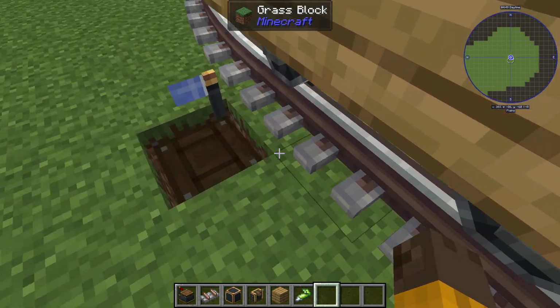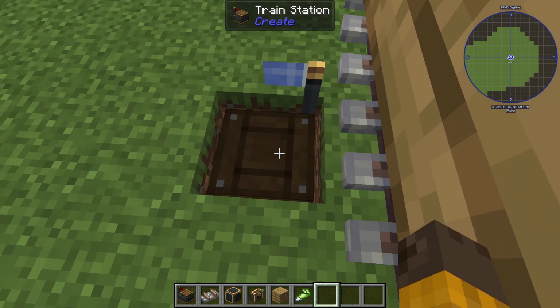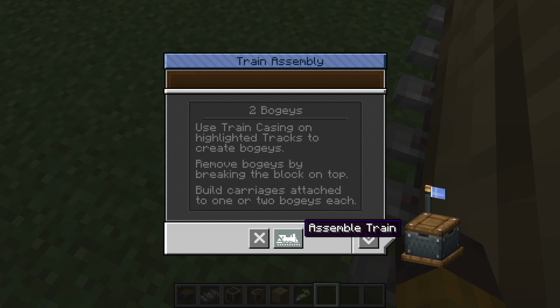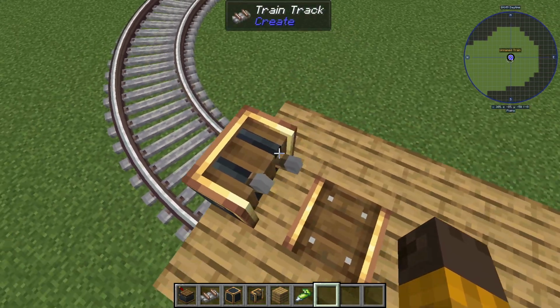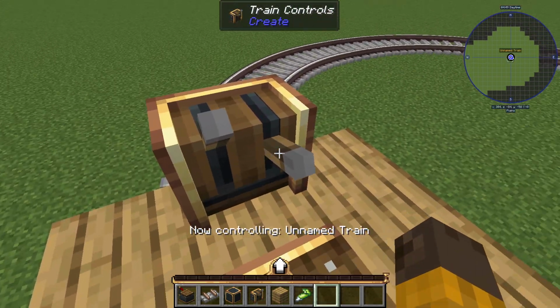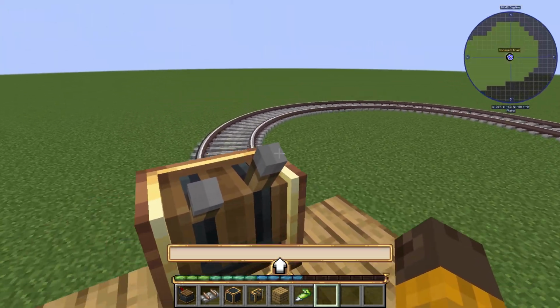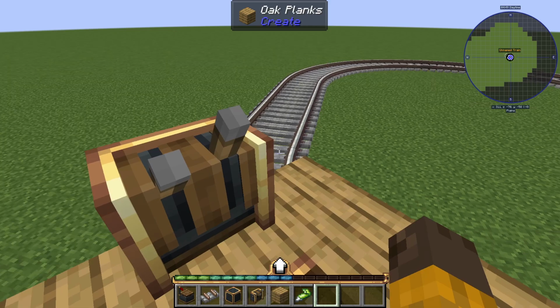Now you will see there is a blue flag on your train station. You click on that again, you click Assemble Train, and then you can use it. Also, if you don't want to fall off, you can add a seat or automate it,